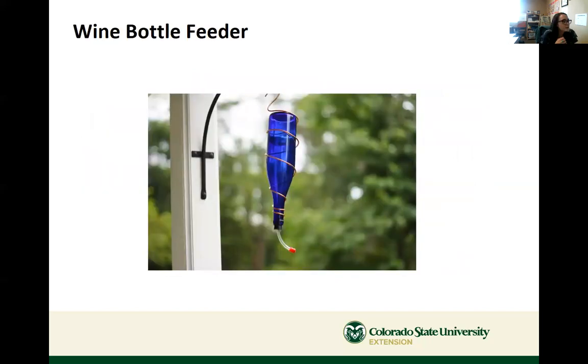And then I wanted to give you another inspiration. Of course, you can buy hummingbird feeders. There's tons of them. You can buy at any garden center, any hardware store. But here's a DIY. You can buy the little stopper